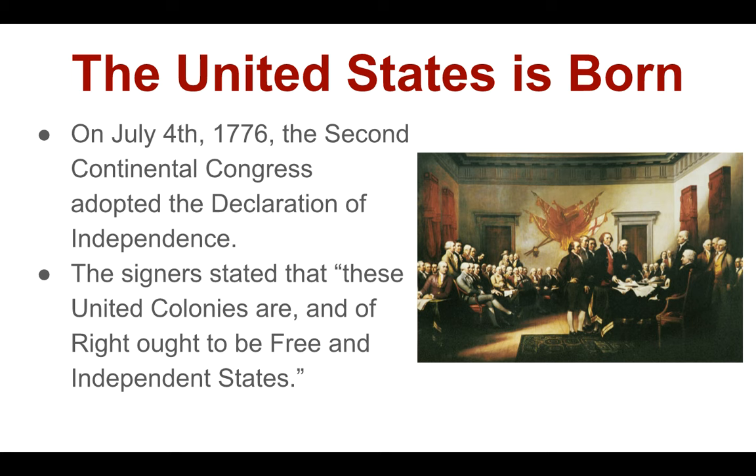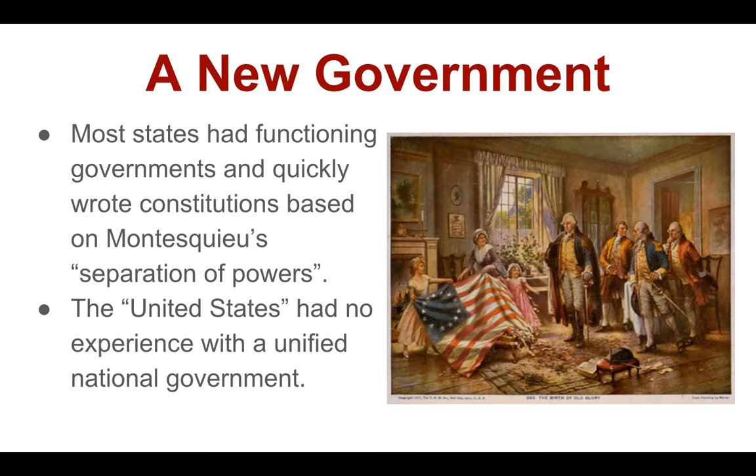But, notedly, we did not yet have a strong enough central government to manage this country as a nation. Instead, the signers explicitly stated in this declaration that, quote, these united colonies are of right, ought to be free and independent states, looking at all 13 of them as being these individual entities which were loosely united together. This was the idea that would plague America, but they would also learn from it.